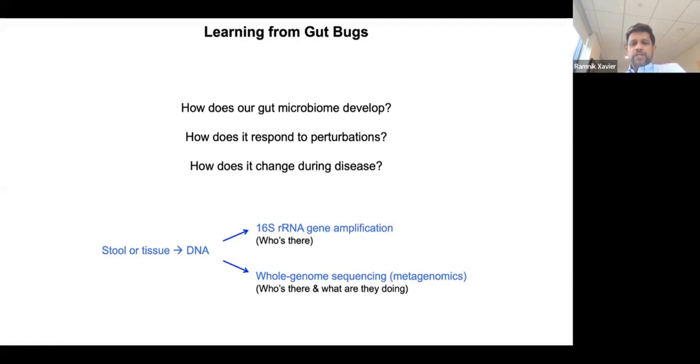And then by genome sequencing, a term that I'll use often called metagenomics, we can also get to who's there and what are they doing. We can also measure the transcriptional activity of every gene in the bacteria, and this is called metatranscriptomics. And towards the end, I'll tell you about how we can measure molecules or chemistry made by bacteria, viruses, and fungi in the gut, and that we measure by a process called